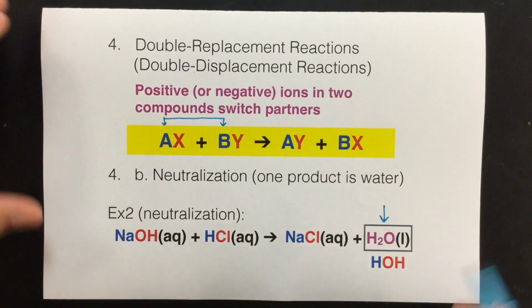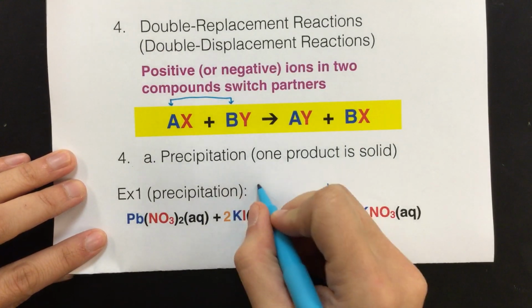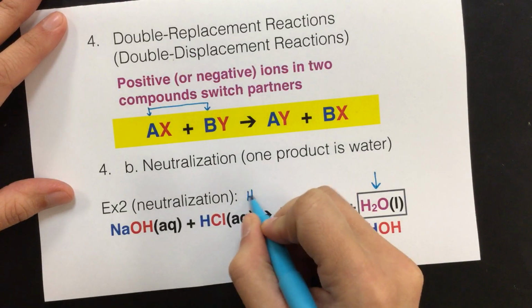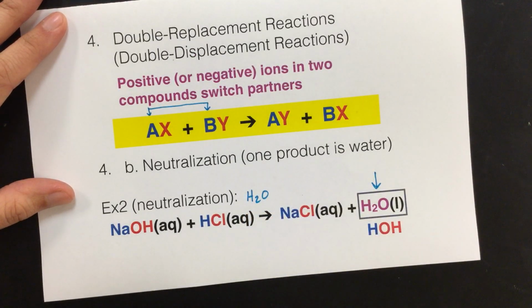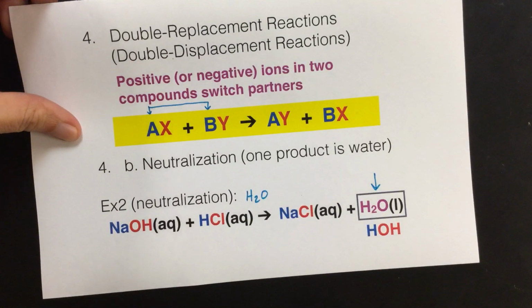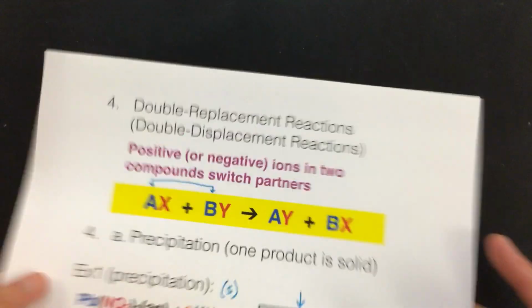But the way you recognize the difference between precipitation and neutralization in the simplest way is that precipitation forms a solid and neutralization forms water. Okay, so you'll do the process the same way and then just look at your products and figure out, did I make water or did I make solid? Okay. The last one,